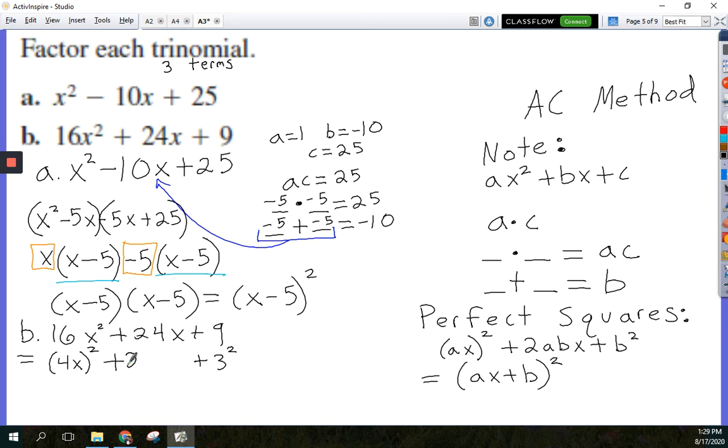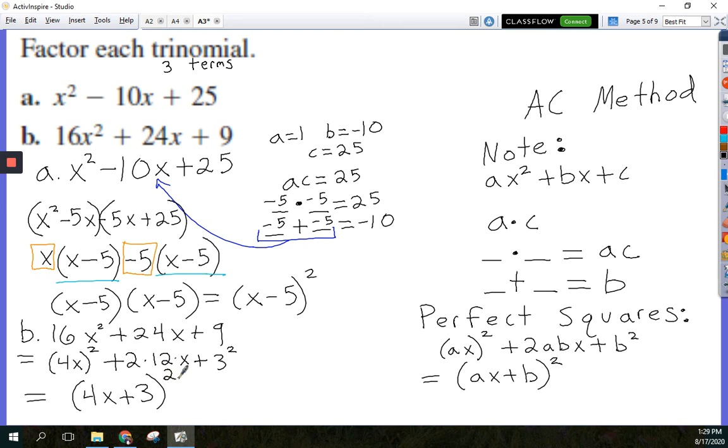Well, if I pull out a 2, notice that 2 times 12 would be 24, and 4, which is my A value, and 3, which is my B value, would give me that same 12. So it's in that correct form. So we can use that formula instead of the AC method. So we would factor that to 4x plus 3